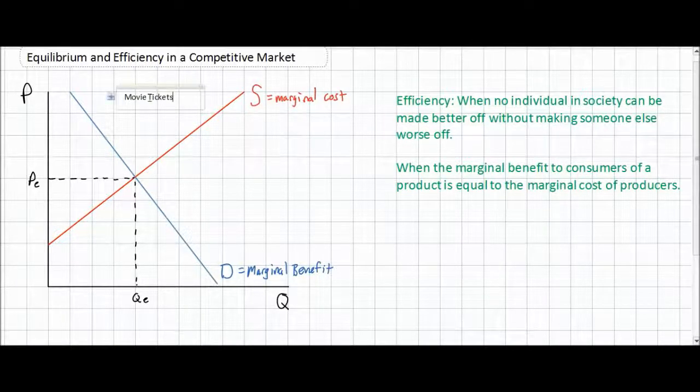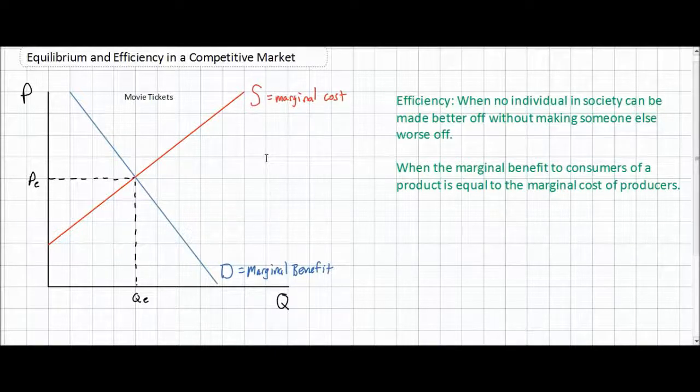As we can see in the market for movie tickets, the marginal benefit, or the demand for movie tickets, is downward sloping. The more movie tickets are consumed, the less the additional happiness enjoyed by consumers in this market, since at a certain point, additional movie tickets simply provide less happiness than previous movie tickets did.